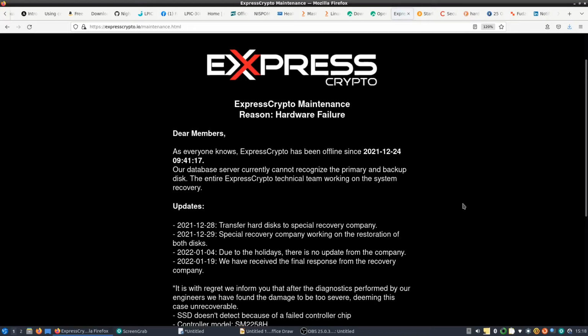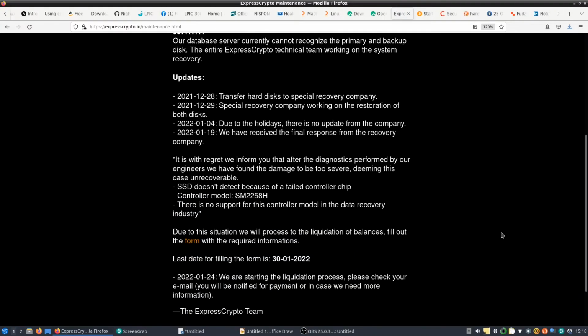Down here it says, it is with regret that we inform you that after the diagnostics performed by our engineers, we have found the damage to be too severe, deeming this case unrecoverable. And it says the SSD, the solid state drive, doesn't detect because of a failed controller chip. There's no support for this controller model in the data recovery industry. So that tells me that when they said disks up here, they were not being truthful, because apparently they only had